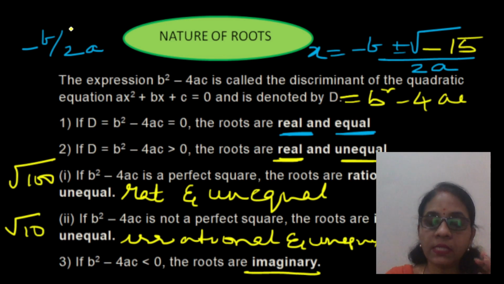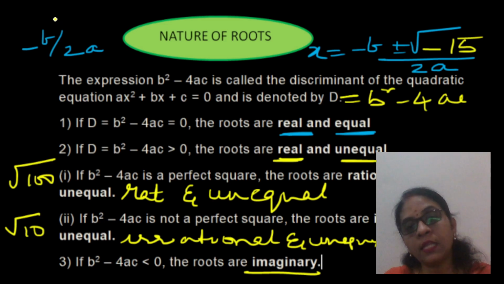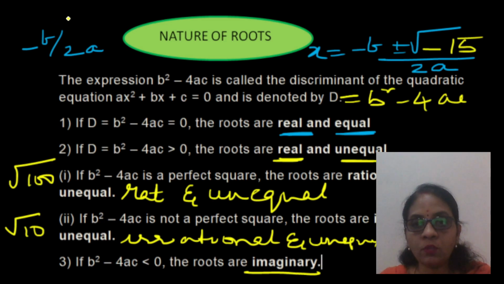Please remember that. Second thing, if b square minus 4ac is greater than 0, any number greater than 0, you can find the square root. We know how to find square roots using the Clark's table book, that is your logarithmic tables book, and that is why you say the roots are real and unequal. Why unequal? Because you have a plus or minus, one with plus, the other with minus, you get two different values of x, which makes us say that the roots are